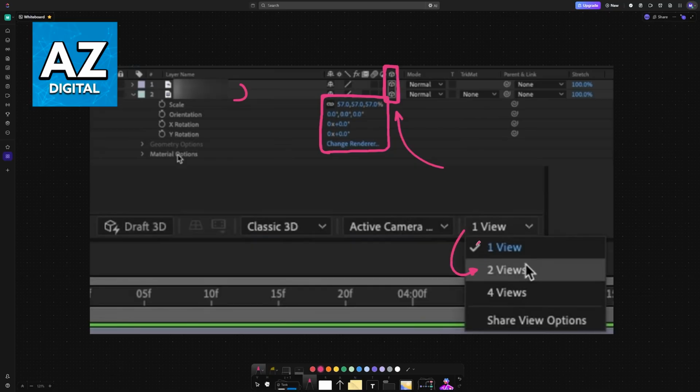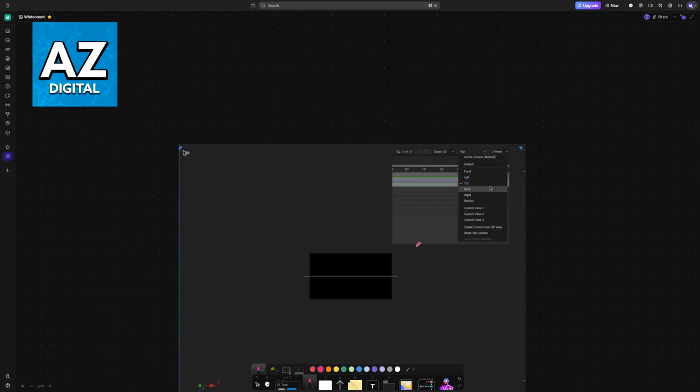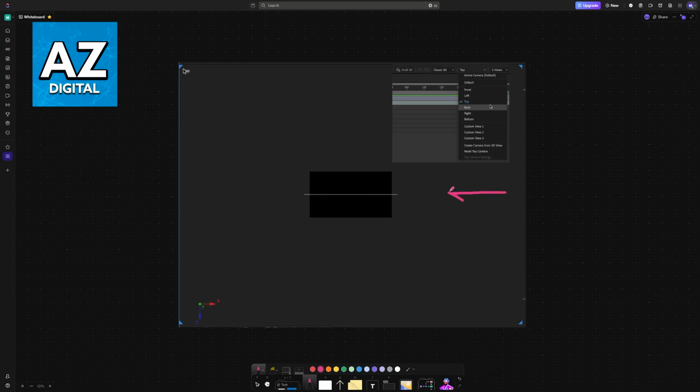Make sure as well that you have it set to 2 view. So right underneath the preview of your current project, switch it to 2 view. Now you will have this at the left, where you are able to see all of the layers and how they are positioned or located in contrast with each other. You can have a top view, which is what I'm displaying here, or you can change the view of the camera depending on the options that you set up here.